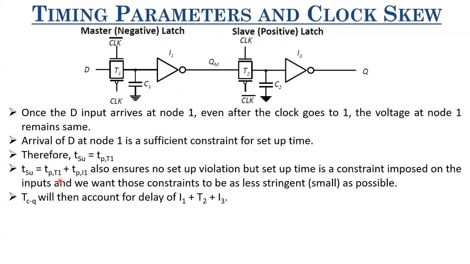You can have setup as TPT1 plus TPI1. That will ensure that D reaches this QM, but that is putting over constraints, or to be on a safer side, you are trying to put over constraints on the input. Input is something that cannot be constrained more. I mean, in several situations, you'll find that inputs are coming from some other circuit, so you cannot put severe